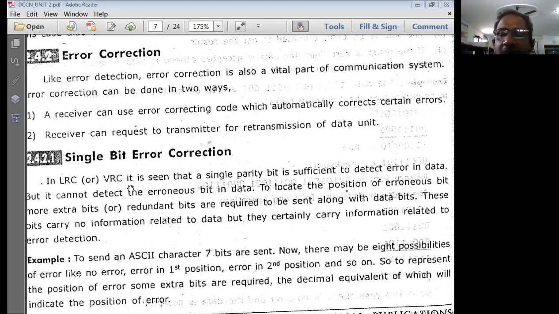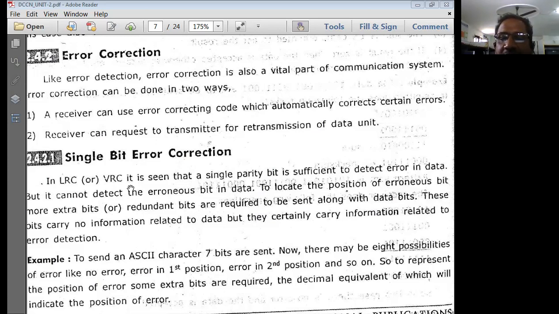If it gets the value as 0, it understands that the data received is error free. If it receives anything other than 0, it understands that the data is corrupted. Then the receiver sends a negative acknowledgement to the sender asking for retransmission of that particular data. So that is basically what happens with the error detection techniques. The next method is going to be the error correction method.